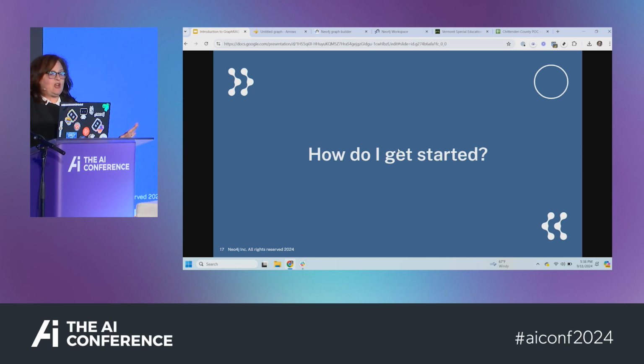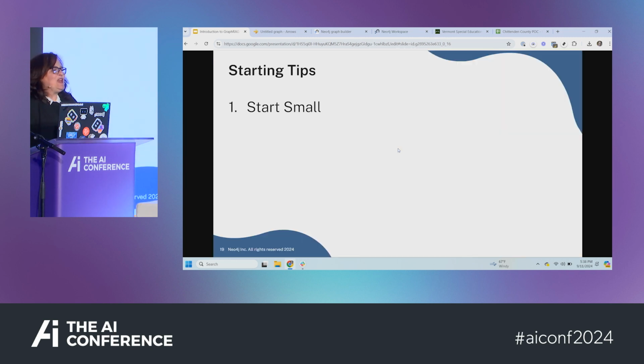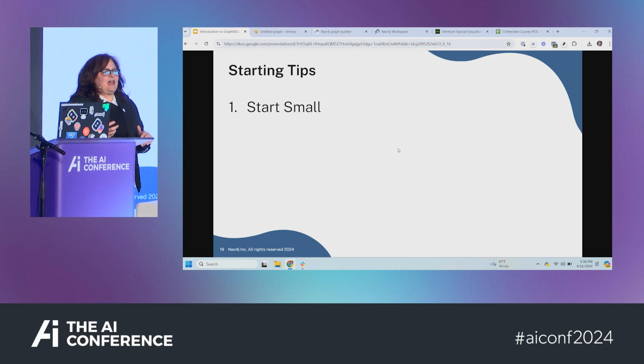It all sounds great on paper, but what do I do? So the first thing that I want you to do is think about your data. And you're like, Alison, I think about my data all day, every day. It's what I do. When you're trying to start with GraphRAG, and these are my personal recommendations, the first thing